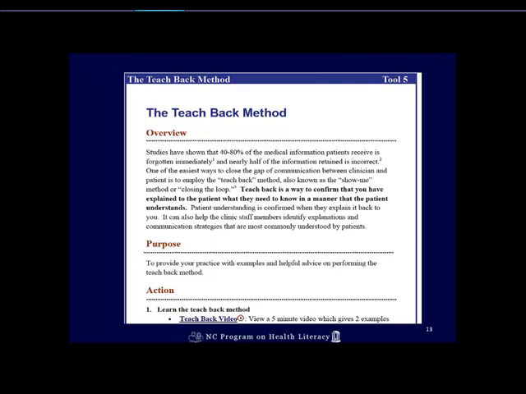When we chose this tool, we got together and actually read the tool, which is always a good place to overview the purpose. We learned about some of the ways that we could learn how to do teach-back using a video. There's a PowerPoint on teach-back included in the toolkit. We went through that, and we chose one of our residents to test this on. I would encourage practices out there to remember that when you want to try something, test it small. You don't have to test it on 100 patients.